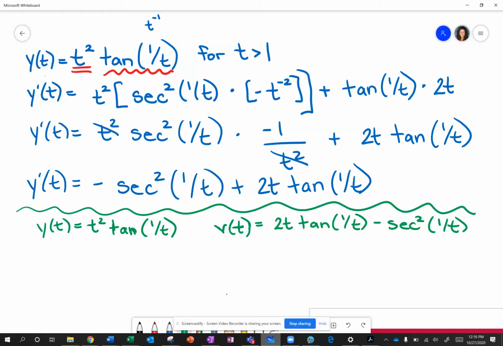Okay, so we are asked at t equals, what was it again? Oh, pi over 4. Is the particle moving toward the origin or is the particle moving away from the origin? In order to answer this question, I actually need to know both the position and